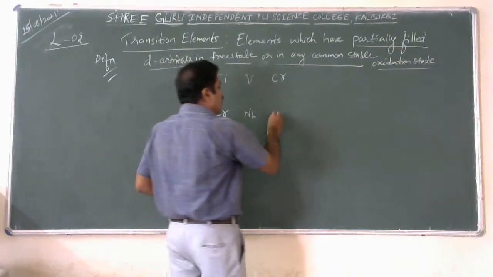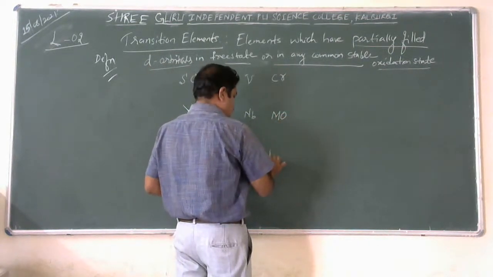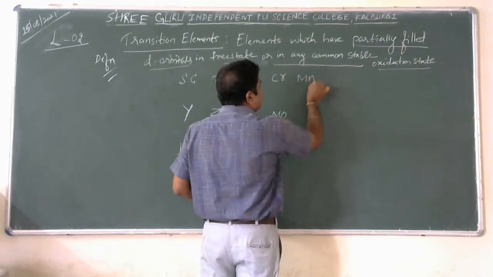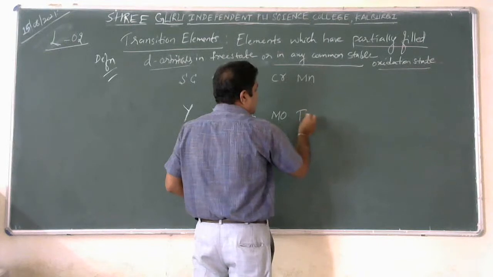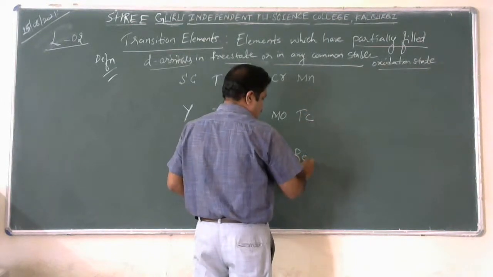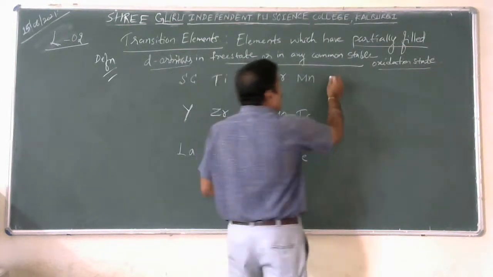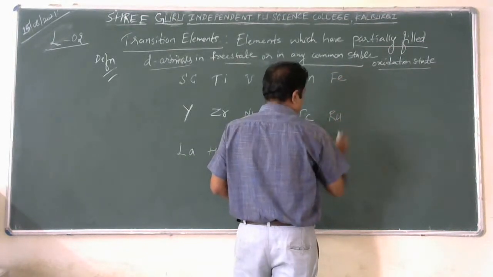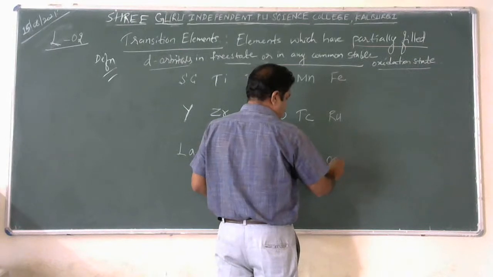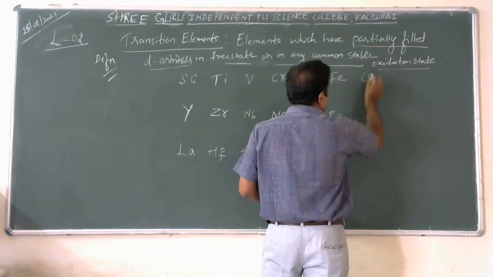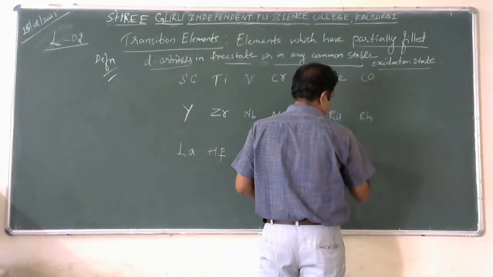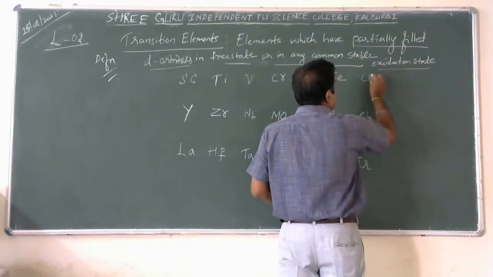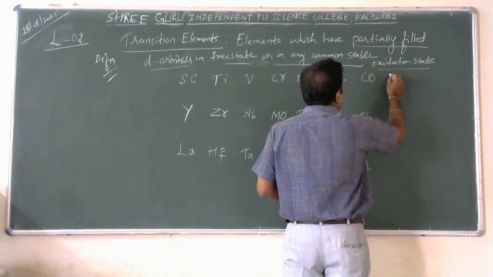Chromium, molybdenum, tungsten, manganese, okay, technetium, and rhenium, iron, okay, ruthenium, okay, then osmium, cobalt, rhodium, and iridium. After cobalt, students, see, now you will have nickel,